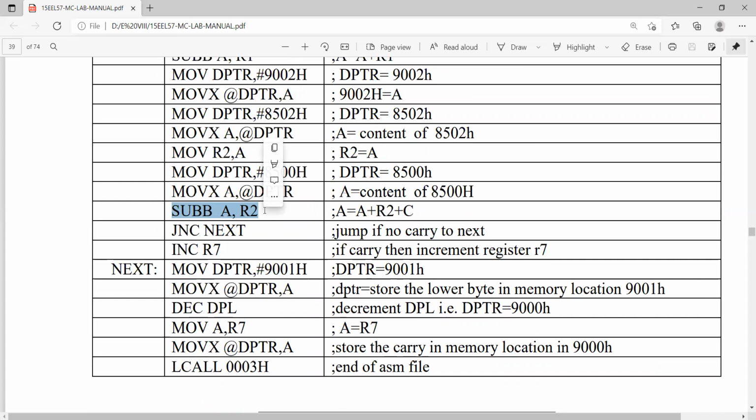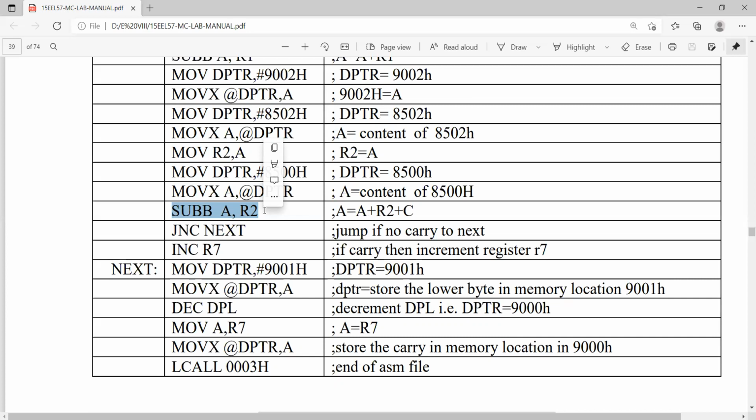That will not affect the subtraction process. But if there is any borrow we have considered, that borrow must be reflected in the subtraction process. So therefore, first you can subtract the lower bytes of the data. After subtracting that, that is the lower byte of the difference. In the addition, it is the lower byte of the sum, or lower byte of the subtraction.